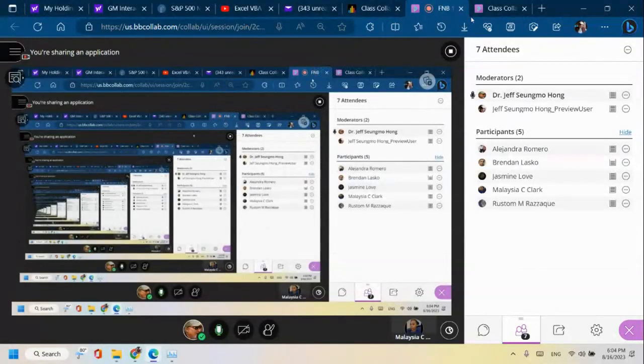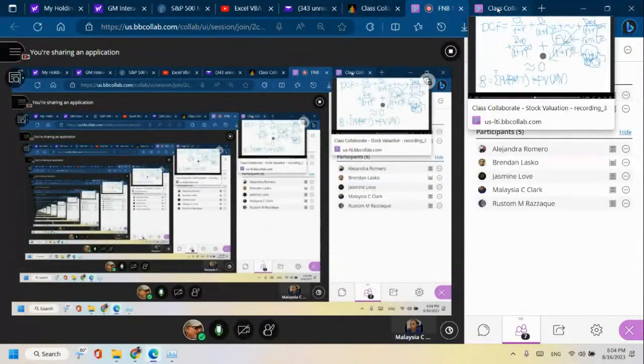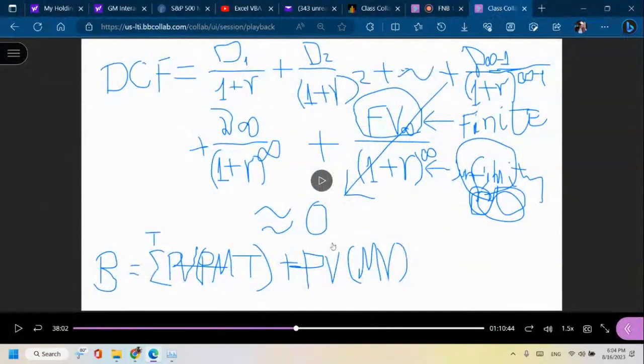So let's pick it up from where we paused yesterday. We were just going over what the discounted cash flow model is about and how it is derived. Basically, the concept of the infinite series. This is called an infinite geometric series, right? Because it's increasing geometrically. The denominator is increasing geometrically, and